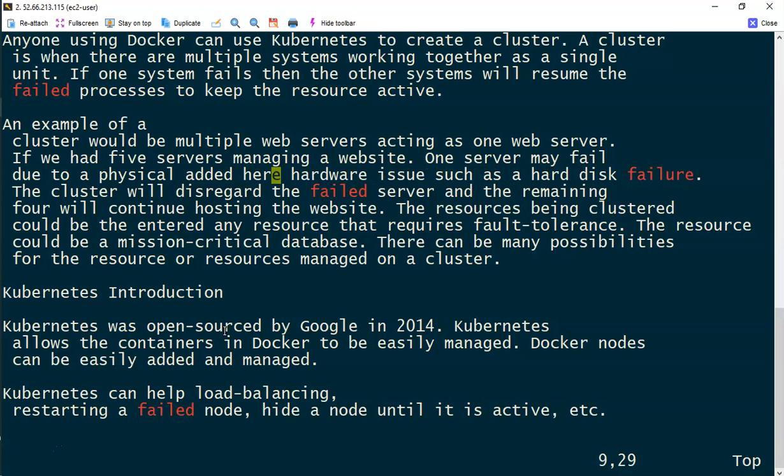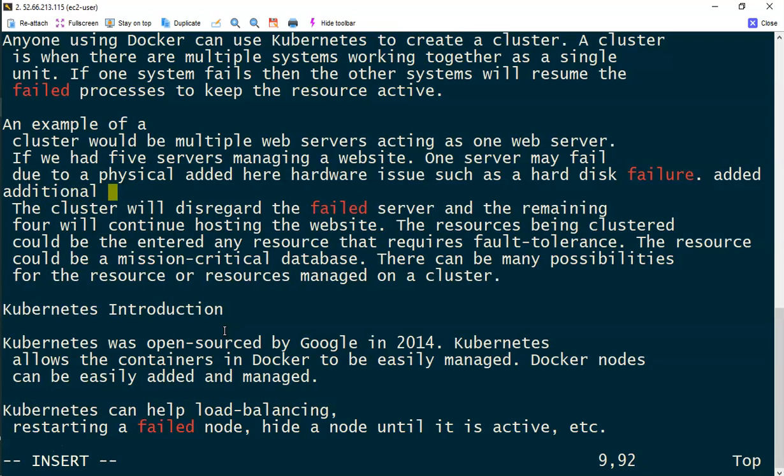Now I am here in the middle of the line. I want to add something at the end of the line. Let's say after the full stop that we see. Pressing Shift A will go to the insert mode after the last character of the current line. The last character in this case was the space. I added additional chars. This is append at the end of the line.